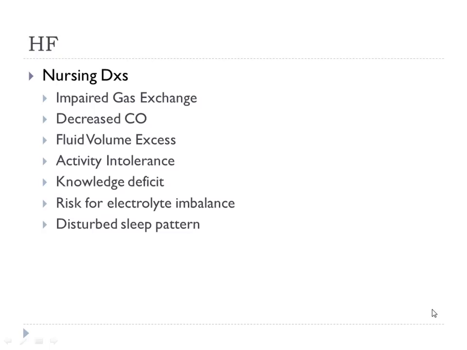I think you're aware why impaired gas exchange. We've said it a few times, right? Decreased cardiac output because it's not squeezing, right? Fluid volume excess. If this person has this, it's a big problem. And we know how to assess for and treat that, right? Be sure that you can. Activity intolerance. Why? Because we're not getting good cardiac output, number one, and also there's something going on in the lungs. We're not getting good oxygen. Yep. All right. Knowledge deficit usually related to the medication regimen. Electrolyte imbalances may be related to medications as well. All right, and disturbed sleep pattern. What's going on here?